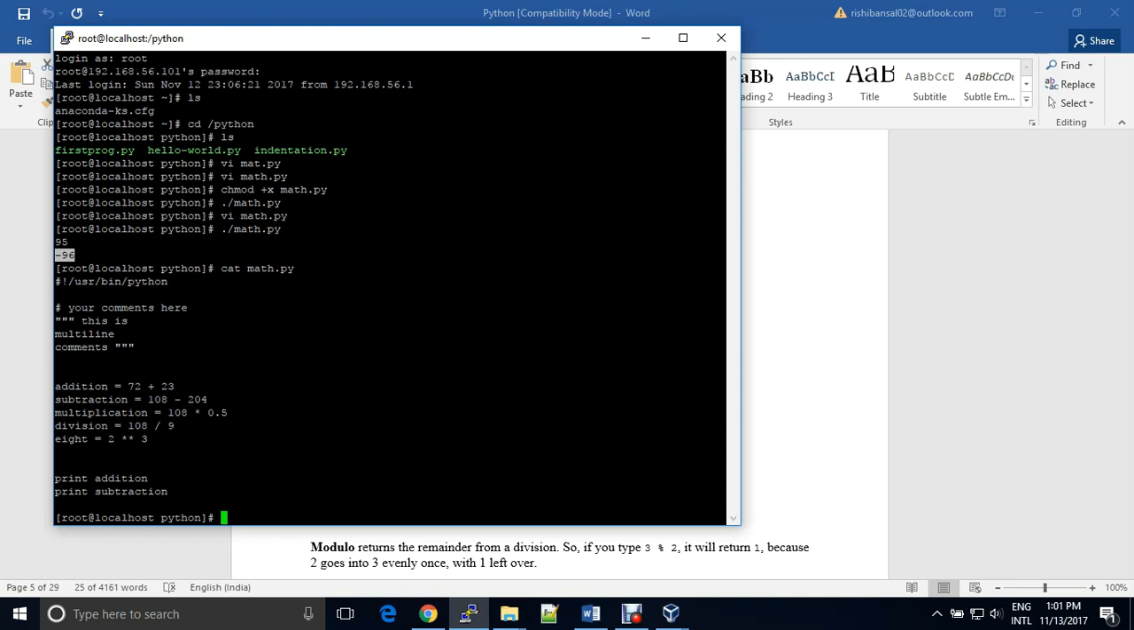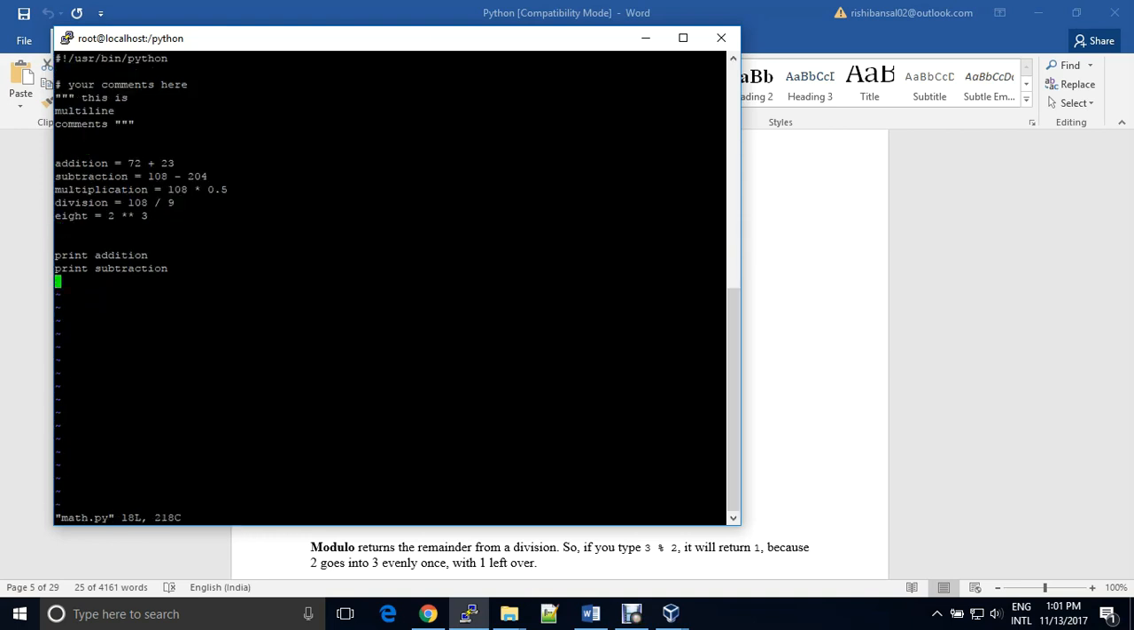Okay, and after doing that operation, we can store those values in variables and we can print them, as well as use them if we want. Okay, so let's print other values as well. Print multiplication, print division, and print